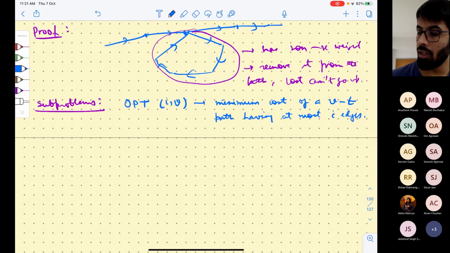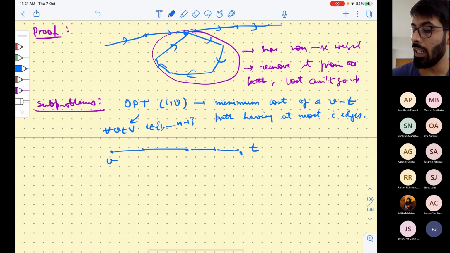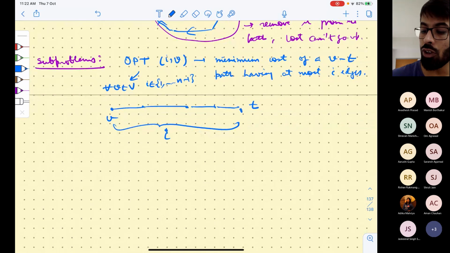So this is our subproblem: we have to get to T, and for every v in the graph, so for all v in V, and for all i from 1 to n minus 1, we define this subproblem. For every v, if the path length is i, then what is the cost of the minimum length path? Right? So what is going to be the final solution